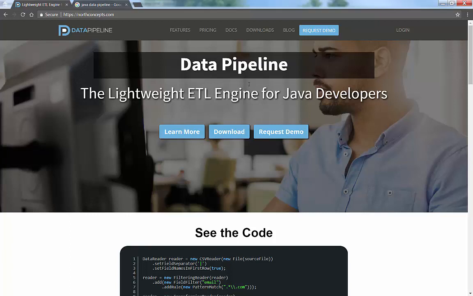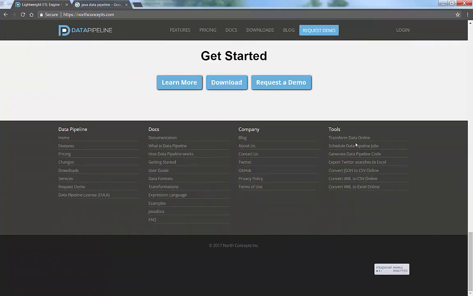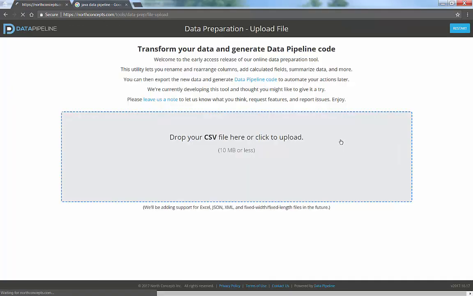Now, if you're on our main page, you can scroll to the bottom, and we've got a tools section, and you just click Transform Tools. To get to this page, you can just type in northconcepts.com, you can type in DataPipeline.io, or you can just search for Java Data Pipeline and it'll all come up. So when you click Transform Data Online, you'll get to our tool,